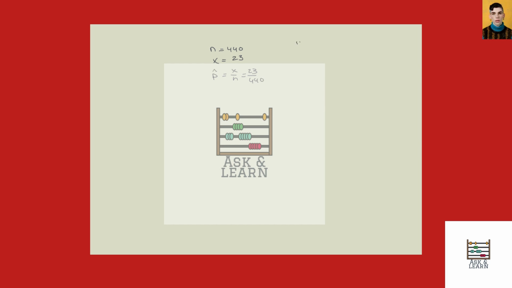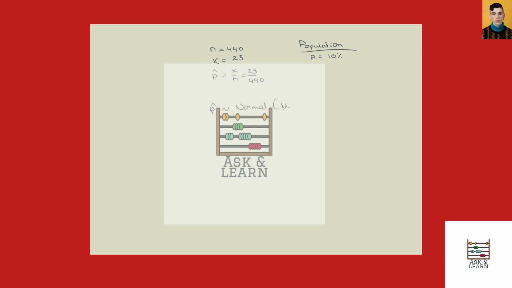And our population proportion has an actual proportion of 10% in part A. Then what would be the sampling distribution of the sample proportion? Well, then p hat will be distributed approximately normal,